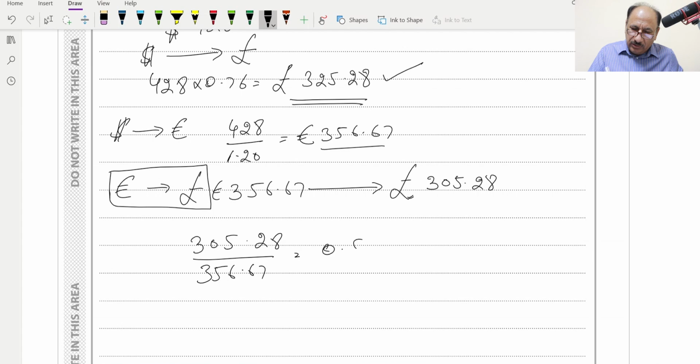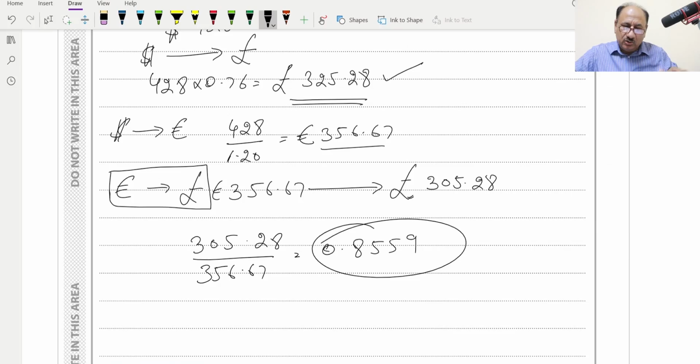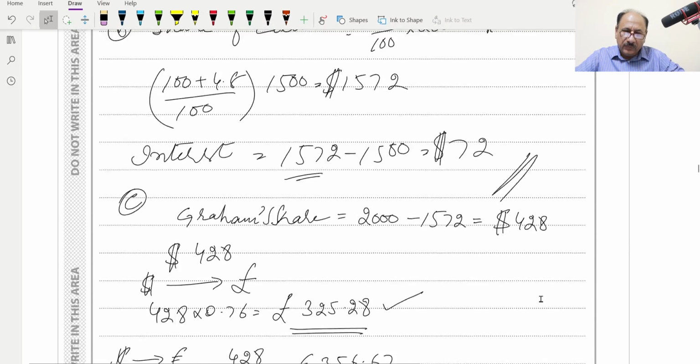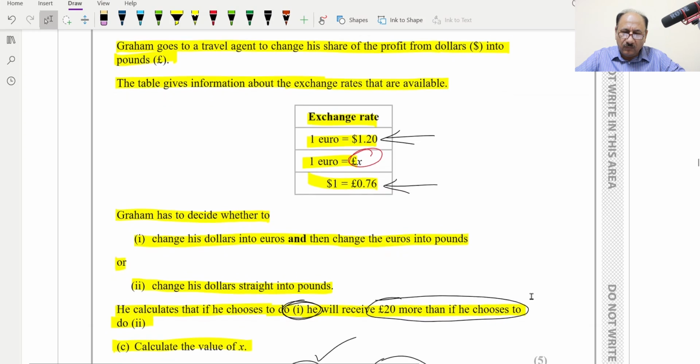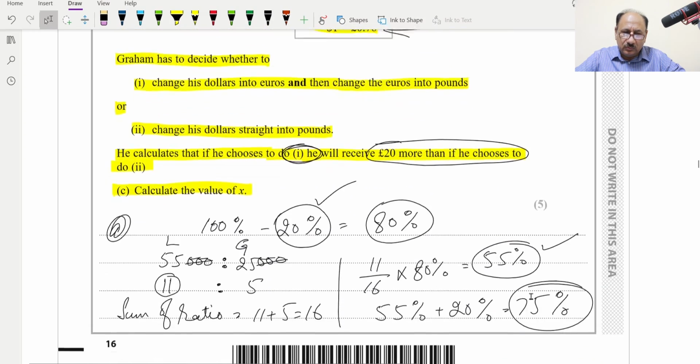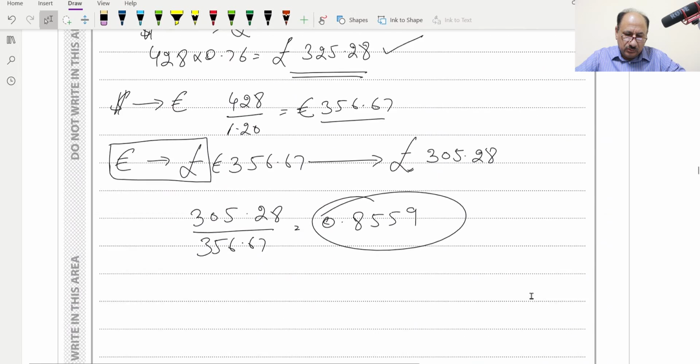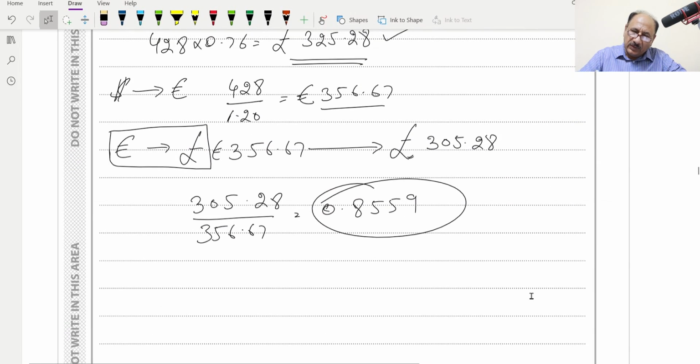So 0.8559 is the conversion ratio. This is basically the x value which they want, the euro to pound conversion. So x is equal to